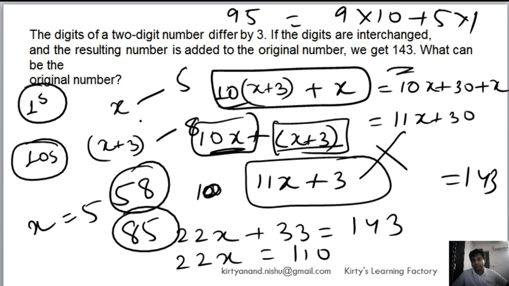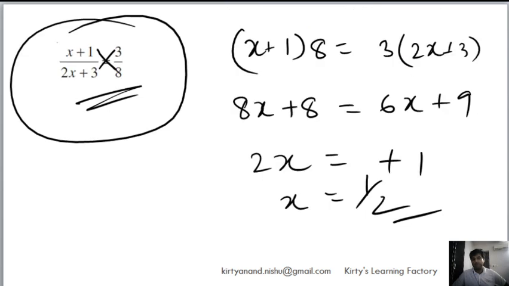Now I've put x plus 3, this digit, in ones place, and then I have found out the value of the numbers. I have added these two expressions and I've equated it with the given. So it's more of logical reasoning. You get that right, you will always form the equation and you will always solve it.